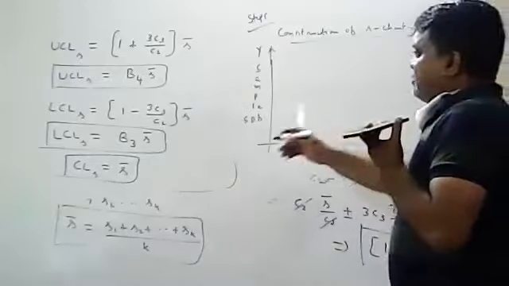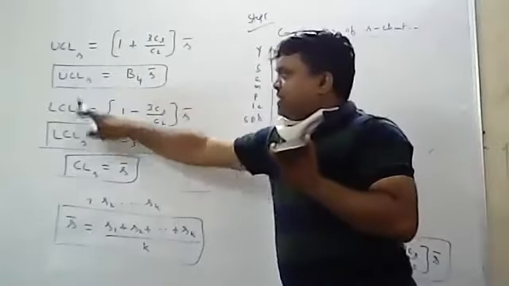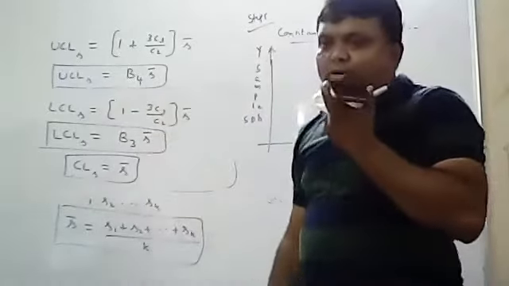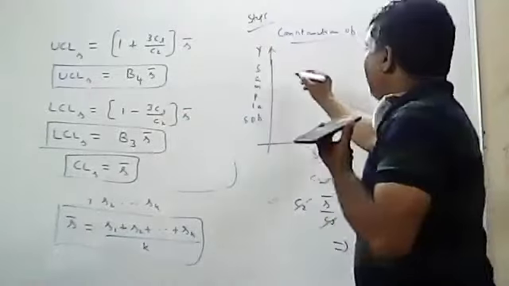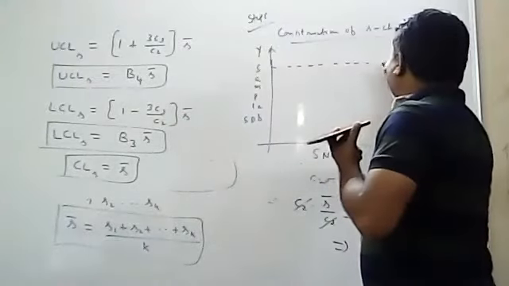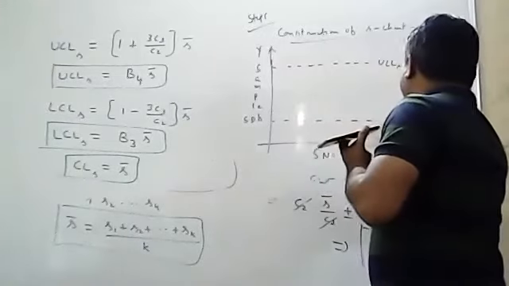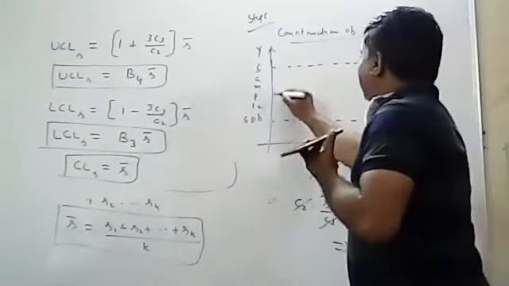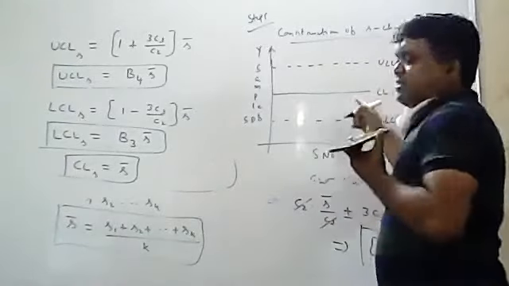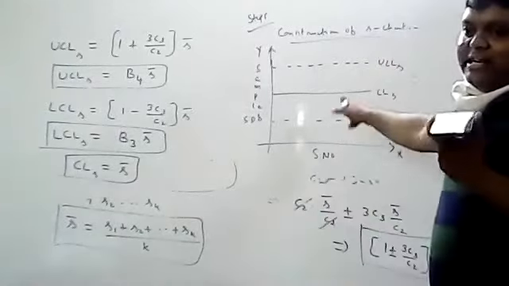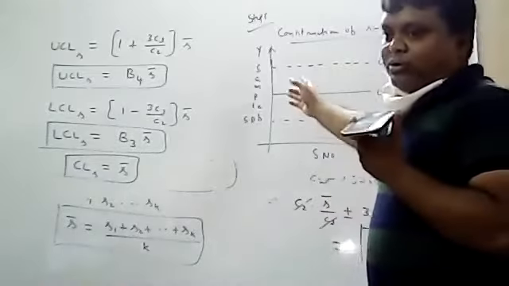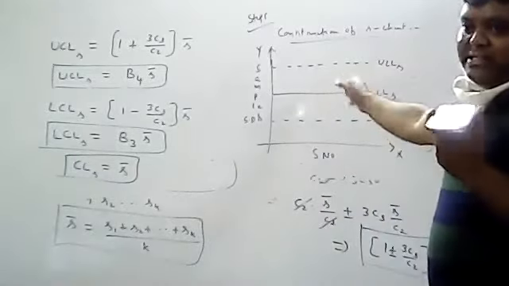Okay. So then you know the control limits: UCL, LCL, CL. You know how to draw UCL and LCL. UCL and LCL are dotted horizontal lines. So I will draw roughly. This is UCLS. Roughly I will take LCL. This is LCLS. And CL is a dark line. CL is nothing but the central line, in between UCL and LCL. I don't know the values, just roughly I have drawn UCL, LCL, and CL.